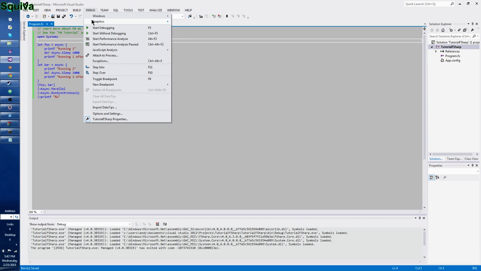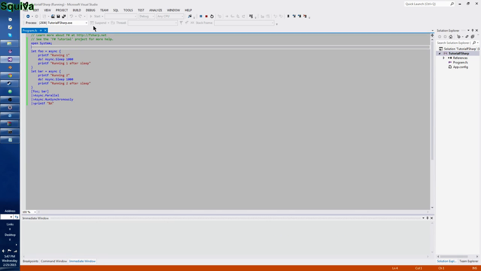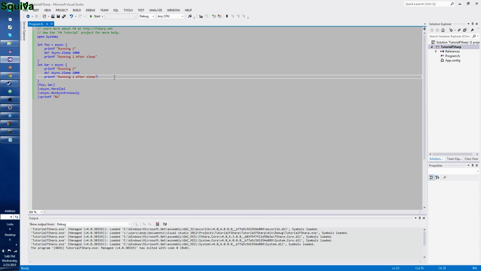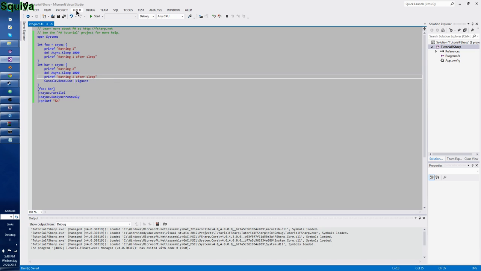So, anyways, we're going to start debugging. It's going to run, and you're going to see it run that and then exit. I know why it's exiting right away: Console.ReadLine, and then pipe that into an ignore statement. Pipe that into ignore. And then if you run it,